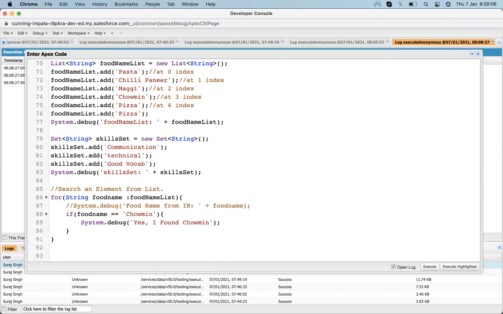So let's look at how it's working. Check an element exists in the set.